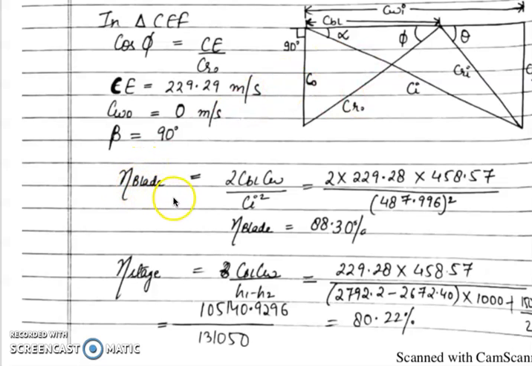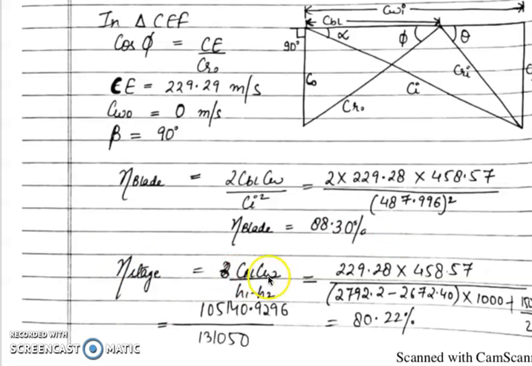So for calculations we can have the formulas of blade efficiency and stage efficiency with us, as we have derived the same in the derivations. So 2 CBL upon Ci square is the blade efficiency. CBL is known, Cw is Cwi plus Cw naught, but Cw naught is 0, so Cwi will be put here, and Ci is already known, calculated initially. So the blade efficiency is calculated by calculating these.